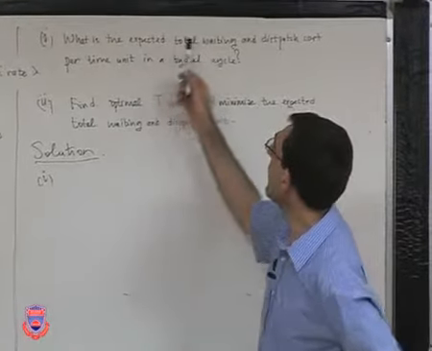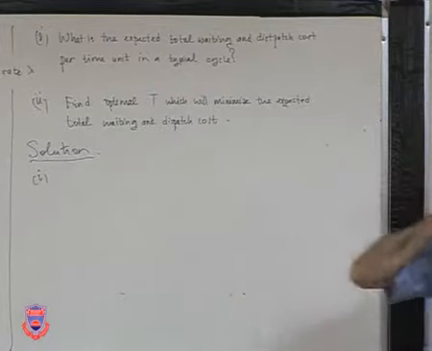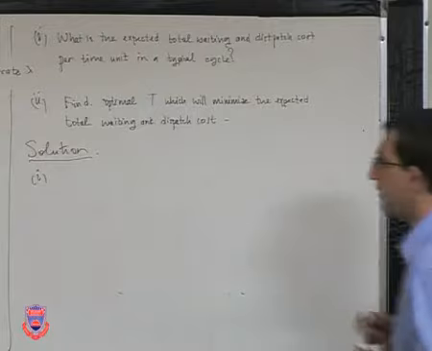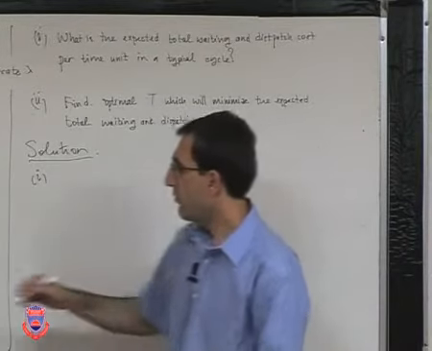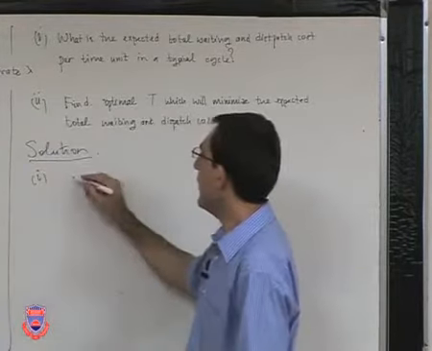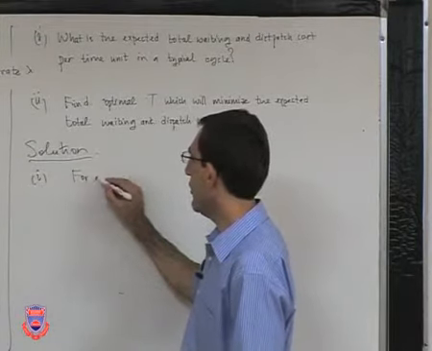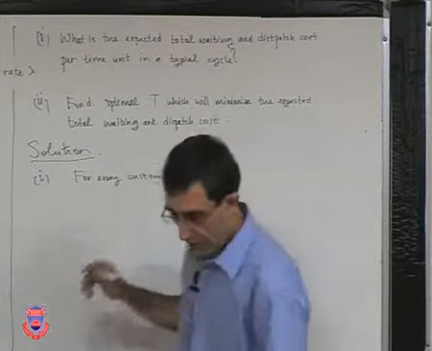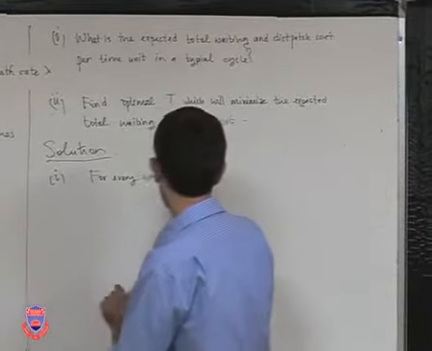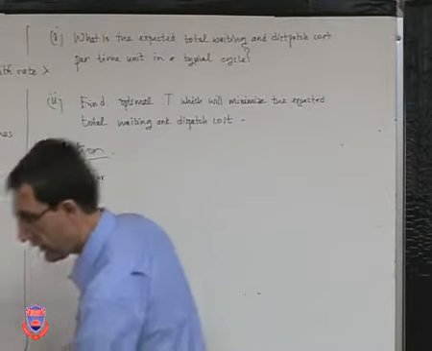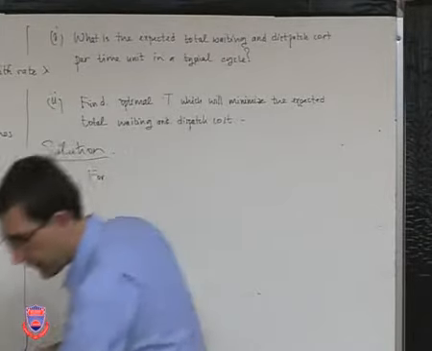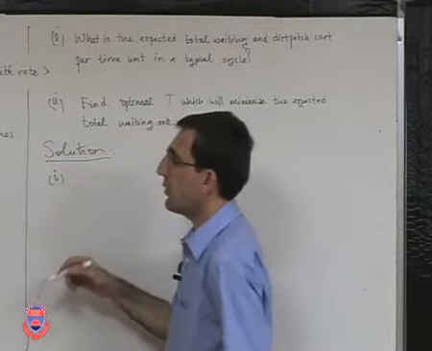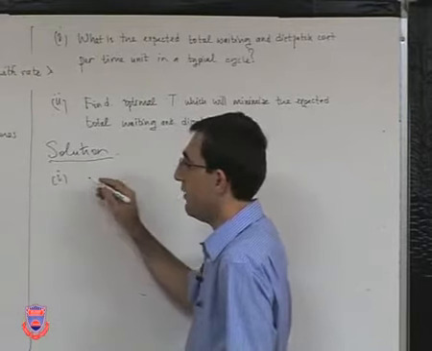The thing that we have to figure out is the expected total waiting cost of customers in a typical cycle. How can I find that? Well, we can argue like this. I should even refer to the state. Did we introduce that? Not yet. This cost will definitely depend on how many customers are waiting in the system at any given moment.